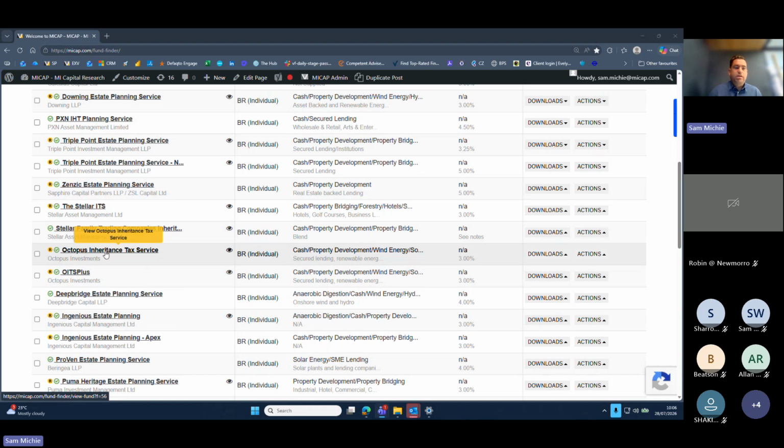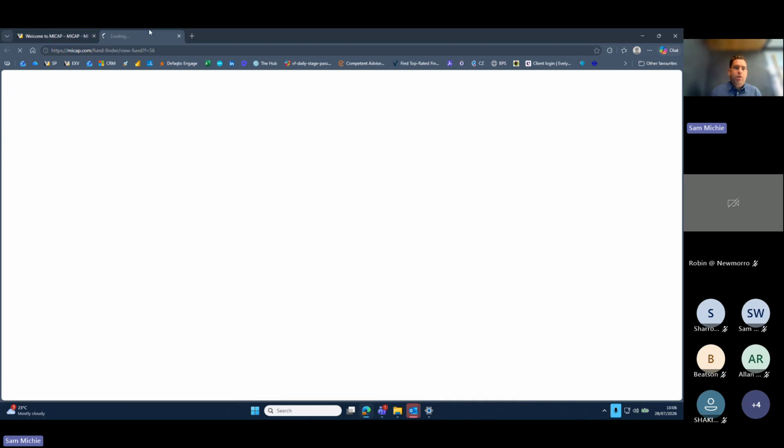Now, if I scroll down, you can see there's probably some familiar names on there. Most advisors are familiar with Octopus. Obviously, they manage a lot of VCT money as well as business relief, and they're a household name now. So let's go in and have a look at them, and have a look at what data we cover. If I open that into a new tab,